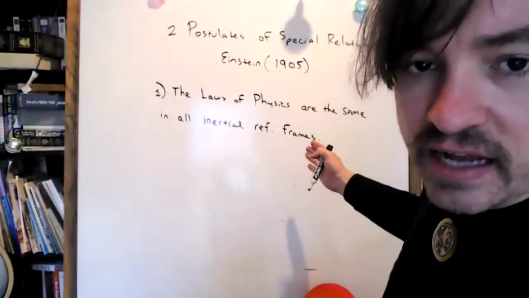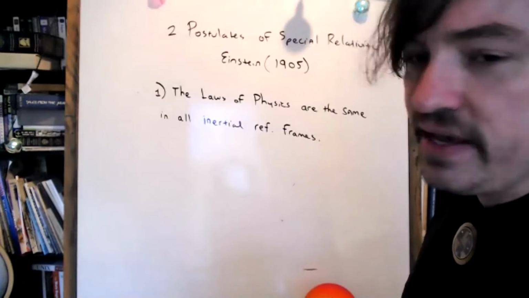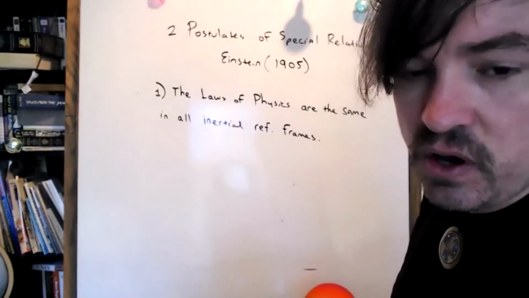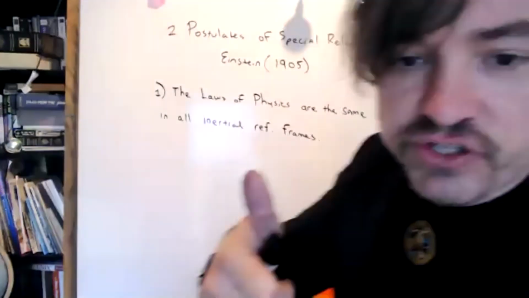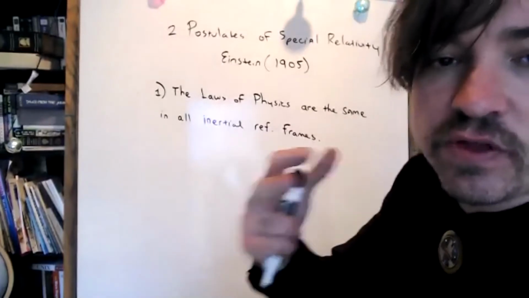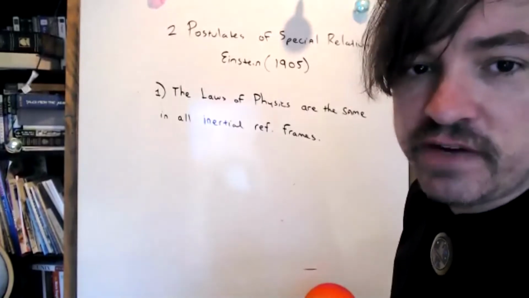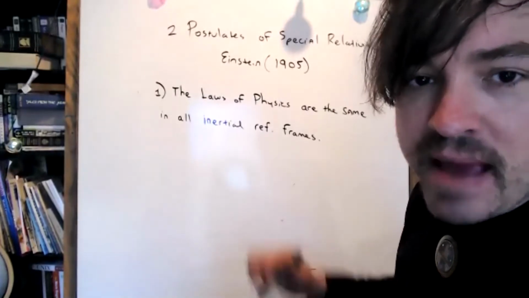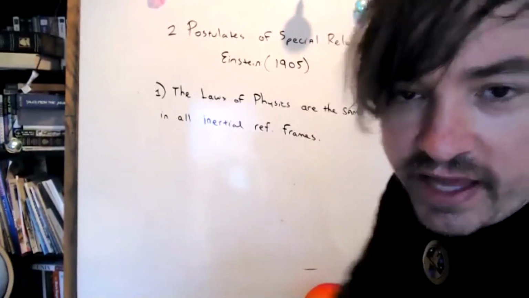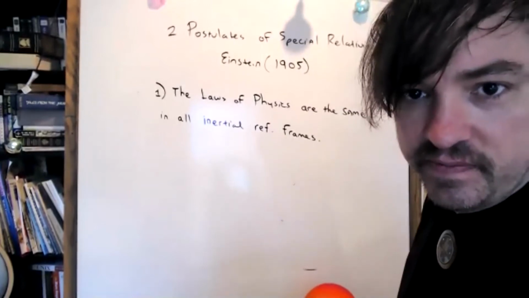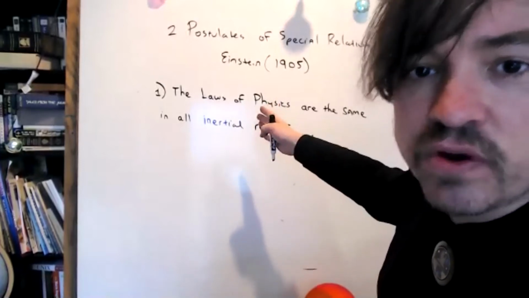This was not a controversial statement. The idea behind this postulate, and the reason why he felt it necessary to state it out loud, was to let people know that the laws of physics, like conservation of energy, or the nature of photons, or the force of gravity, should not shift or change depending on the motion of the observer. If I travel on a magic sleigh ride through the cosmos, gravity shouldn't function differently. Light shouldn't disappear. Everyone was cool with this postulate. It seemed like that wasn't even worth stating.